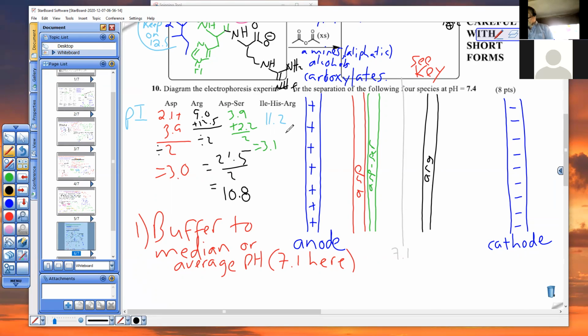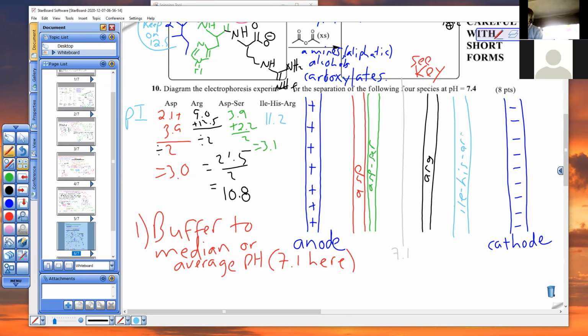And this is 4.1 away. So that'll be further away than the Asp was by just a hair. Will be the tripeptide isoleucine-histidine-arginine. And we're going to put it way over there in baby blue, a little further than Asp was. And that's isoleucine, His,